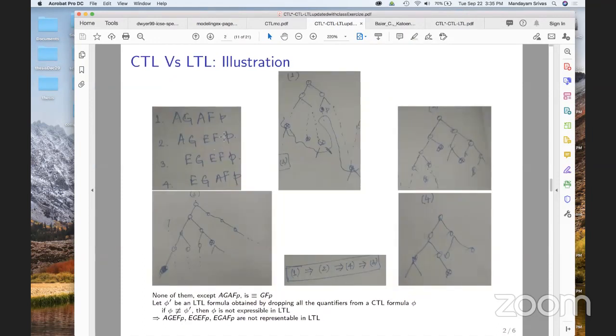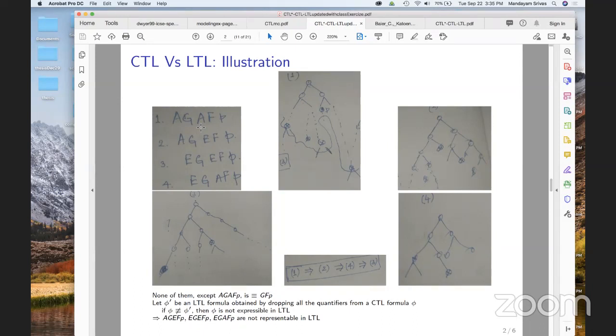Remember that this example I chose to illustrate that not every CTL formula is expressible